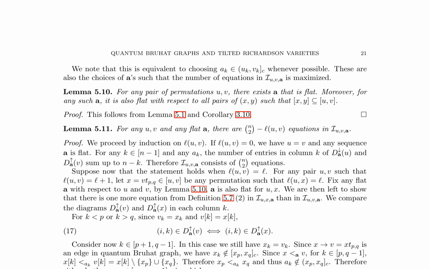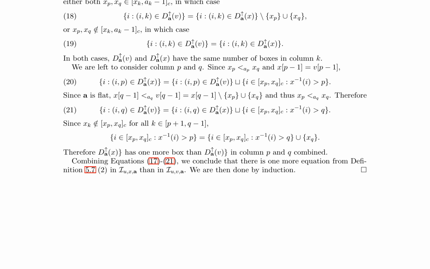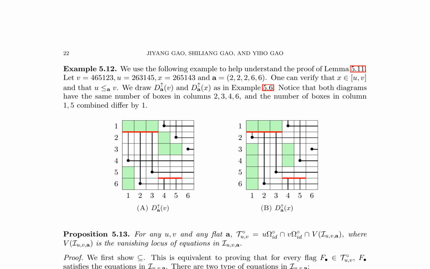This leads to lemmas 5.10 and 5.11, which establish the existence of flat A's and the number of equations in I(U, V, A). The proof of lemma 5.11 involves induction on L(U, V), and a detailed analysis of column K in the diagrams D↑(A, V) and D↑(A, X). Moving on, we discuss example 5.12, which illustrates the proof of lemma 5.11, and proposition 5.13, which shows that T